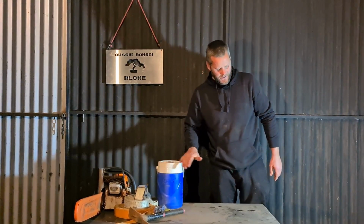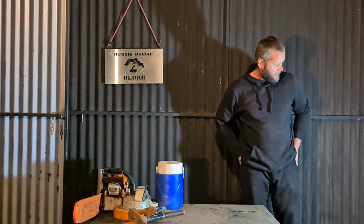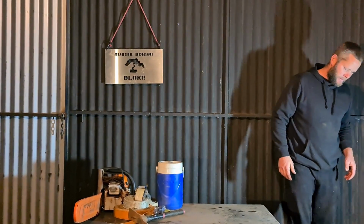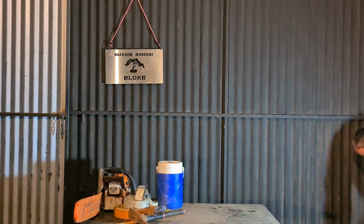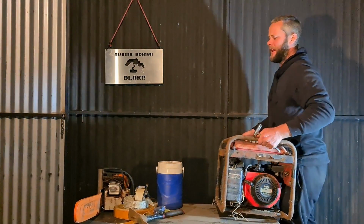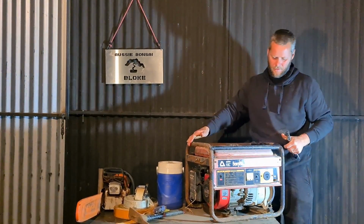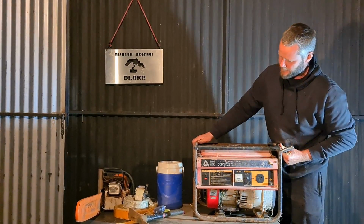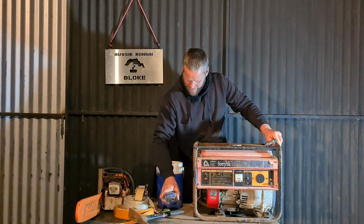Water bottle, and I can drink the water out of there around the outside of the beer. So it's a bit of a double up. Next, we've got this reasonably heavy generator. I know this seems stupid, but I'll tell you what, if you really want to get rid of trees fast,